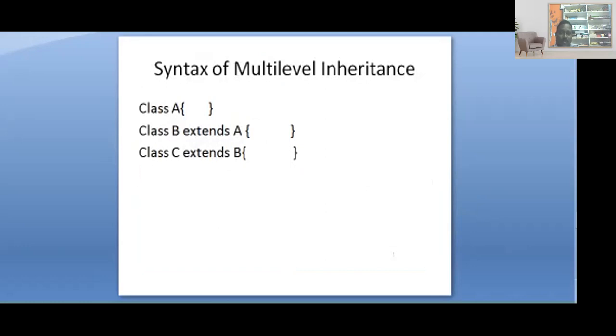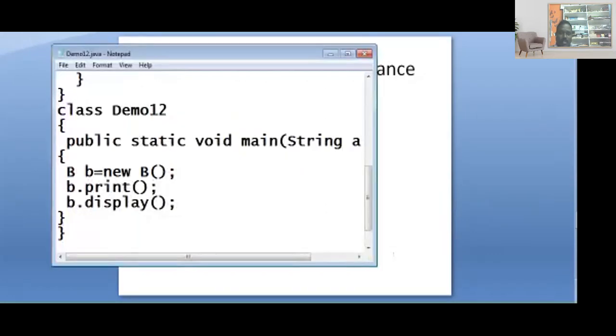Is it clear? Then I'll write a program for multi-level inheritance so you can understand it clearly.